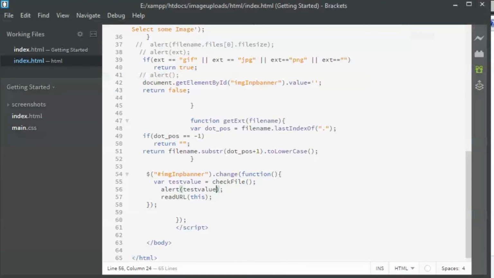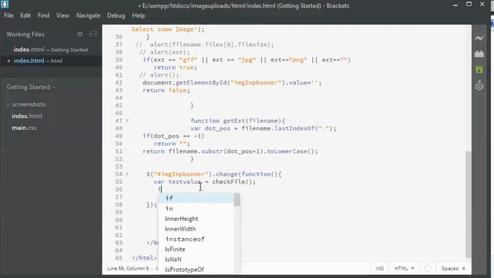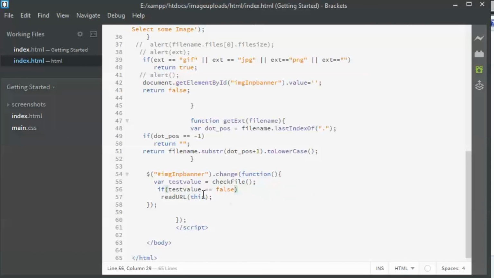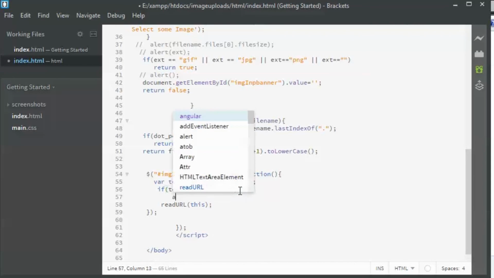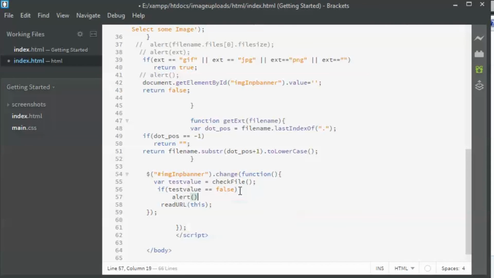So here I'm just going to put a message that if test value is false, alert, please select a proper file.